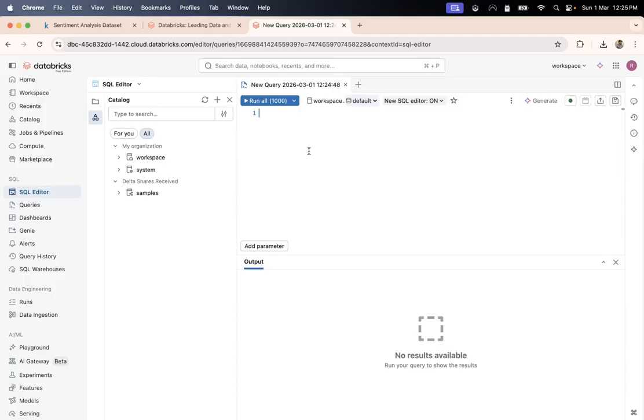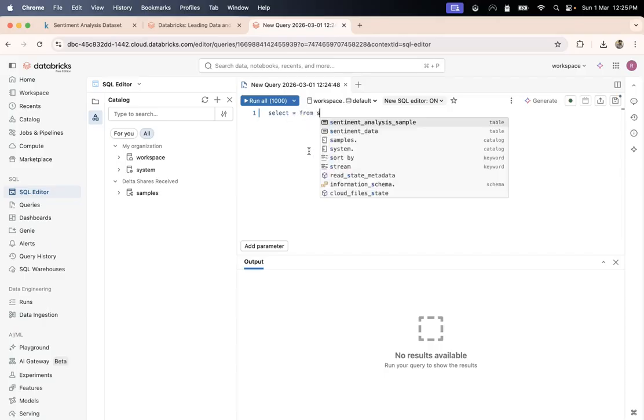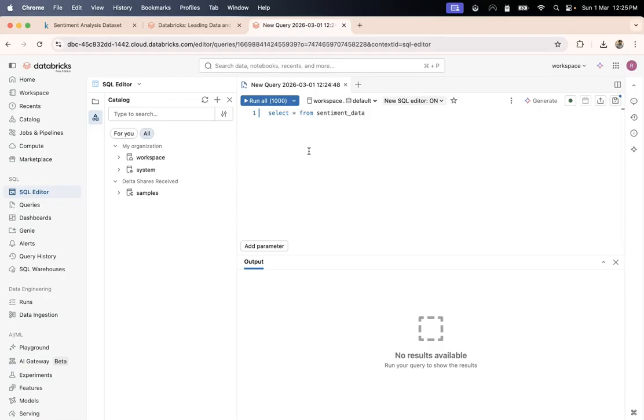Okay. So now let's start exploring the data first. So I'll start by selecting all columns from my sentiment data. Although I have got two sentiment data available, but I am trying to import that data which I just ingested. So I'll just click on run all, or you could have just entered shift return.